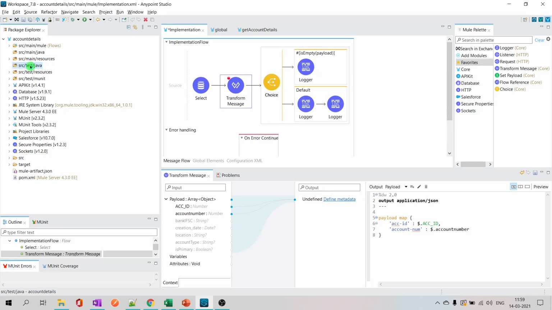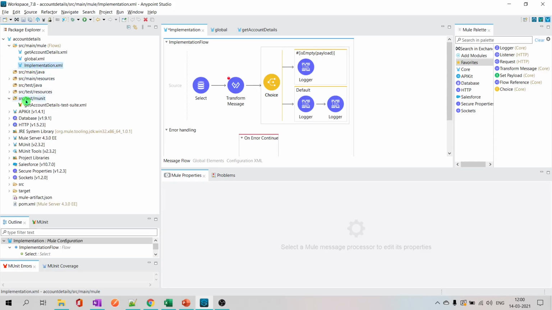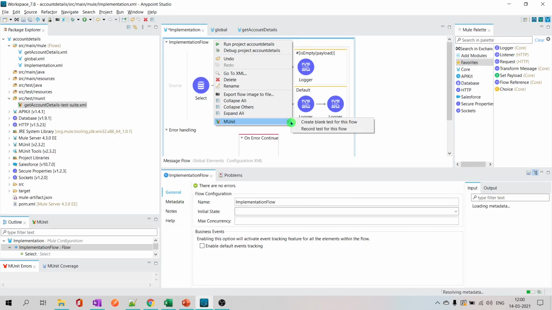Test Java. This contains the testing resources needed for Java classes. Test resources is also something related to your mule flow. Whenever you are placing some metadata for your transformation for your preview, that metadata comes here. All those examples come here. Whenever you create a MUnit test suite for your specific flow, it creates a MUnit test suite which comes under this folder automatically.